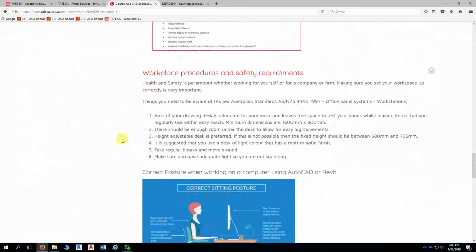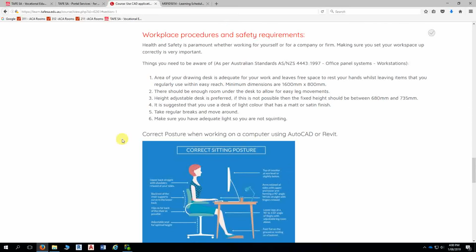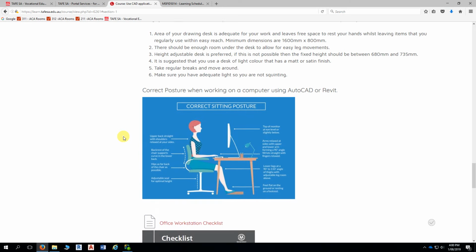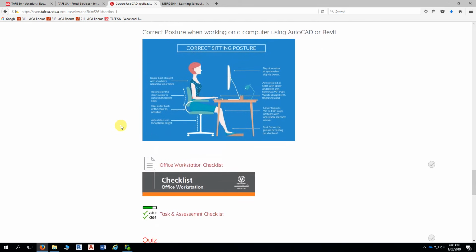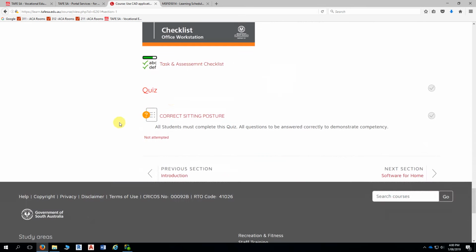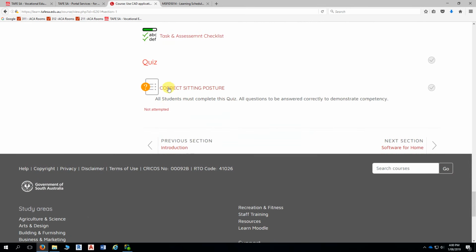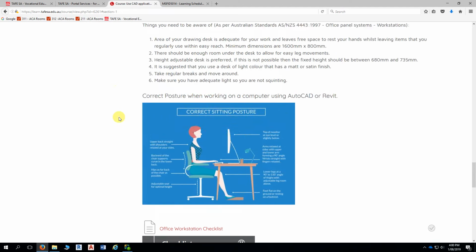So again, in our session on Monday, we talked about workplace procedures and safety requirements. I went through and talked about correct posture, and students attempted this quiz here, which is correct sitting position. So both of those quizzes will need to be completed. So as I say, if you do the interface quiz now,